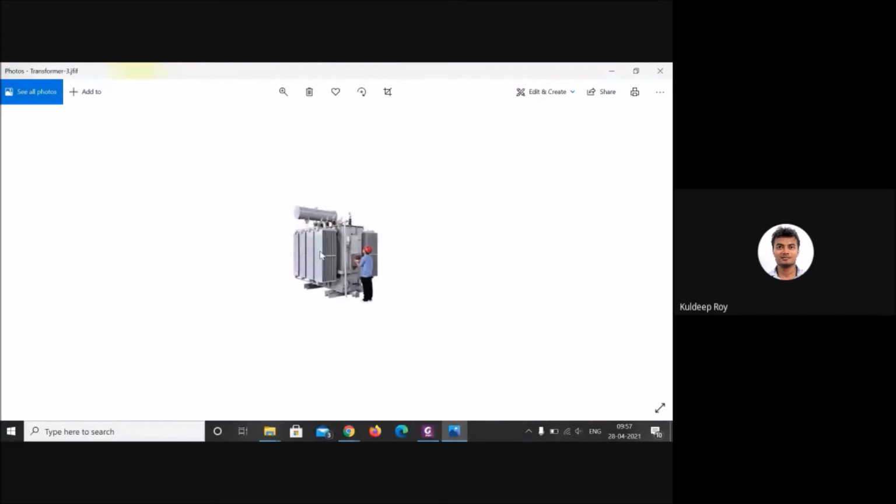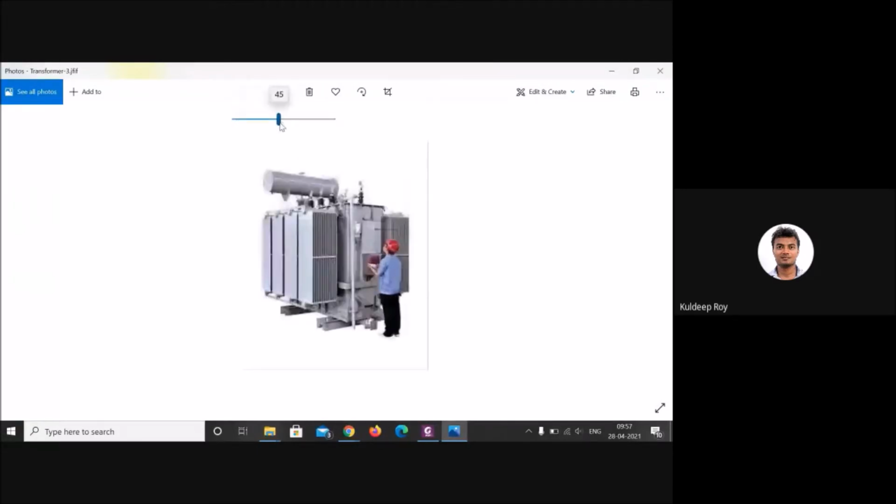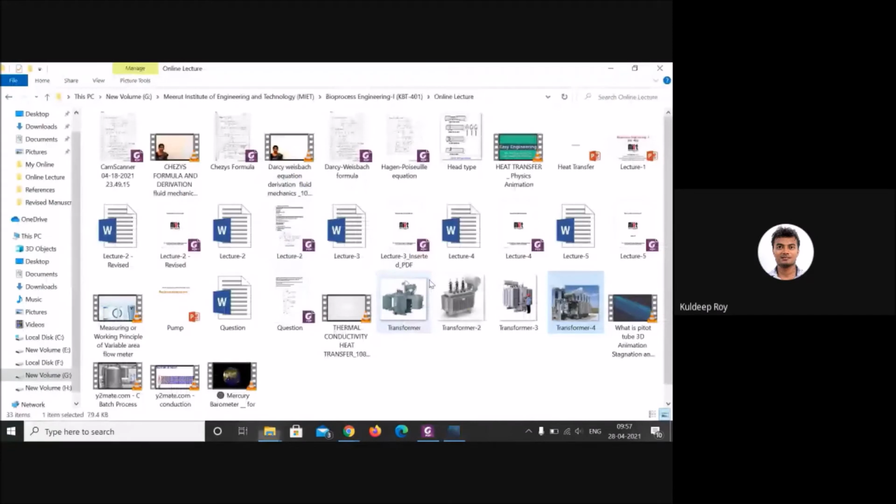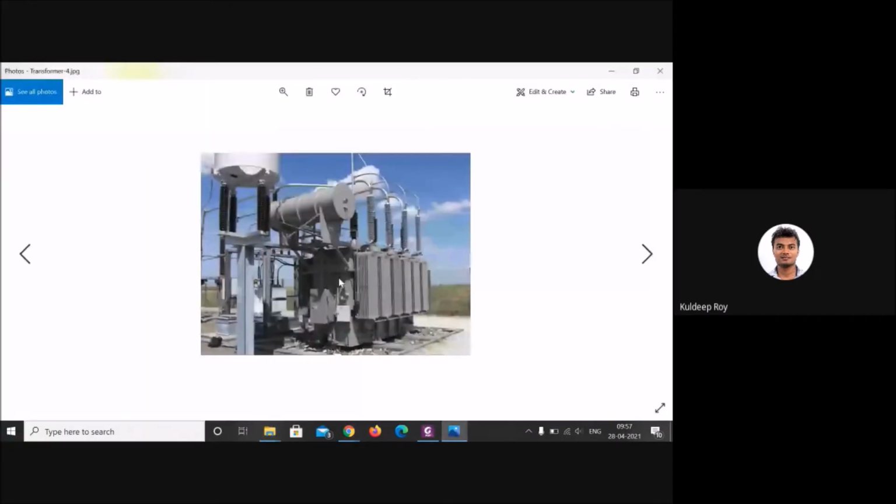So the natural convection, let me make it bigger. Now have a look. This is a very long fin, which is near about the height of a person. This small portion is called the transformer, but these longer fins have been applied for convection heat transfer. If you see one near your place, just look properly at how it looks. We are applying longer fins.